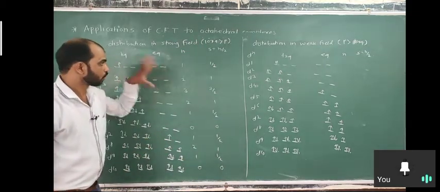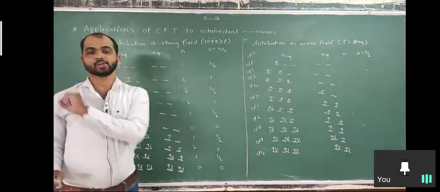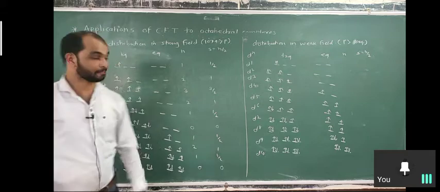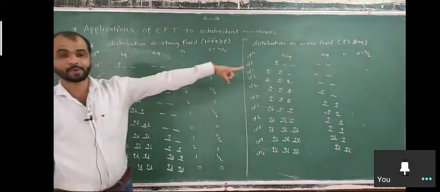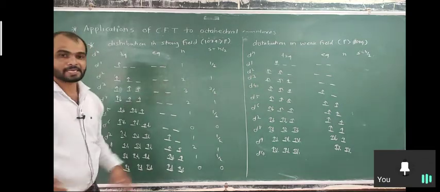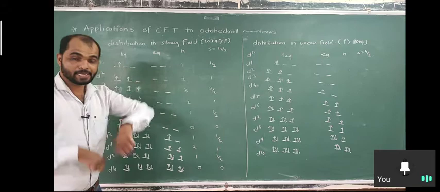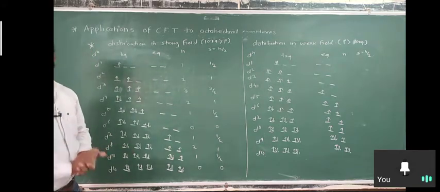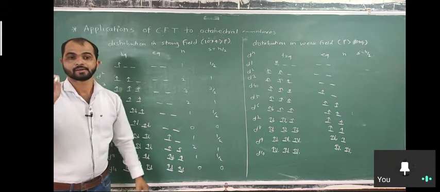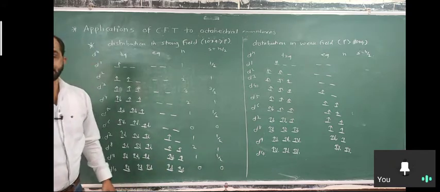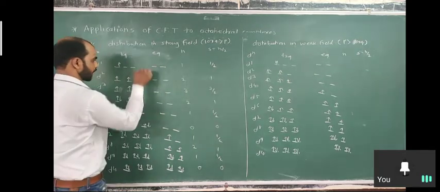Okay. So in strong field conditions, a smaller number of unpaired electrons are available as compared to weak field. So in strong field, the spin value is less, less number of unpaired electrons are available. So this type of splitting is called low spin splitting, or the complex is called as